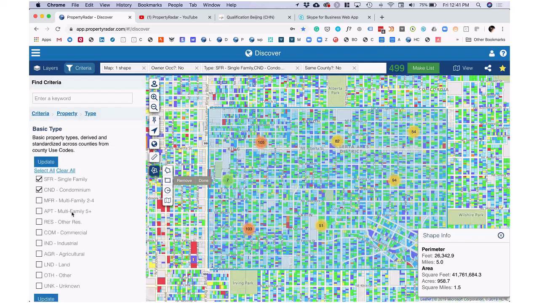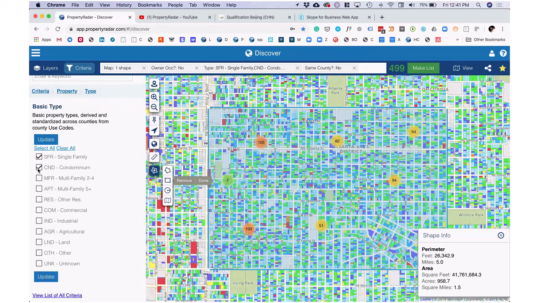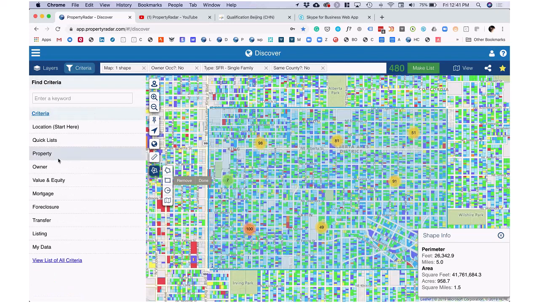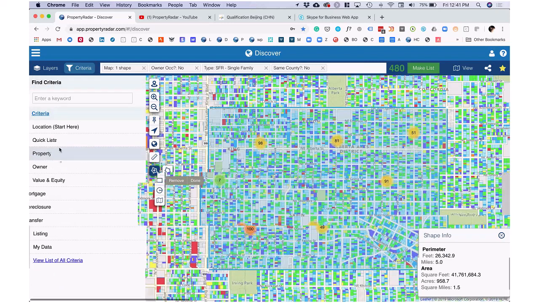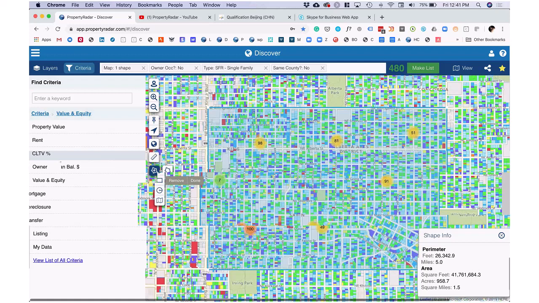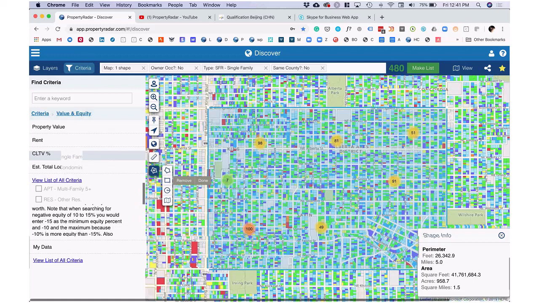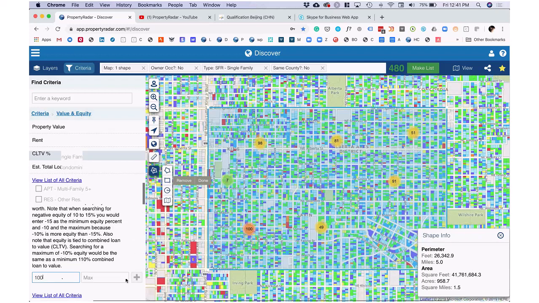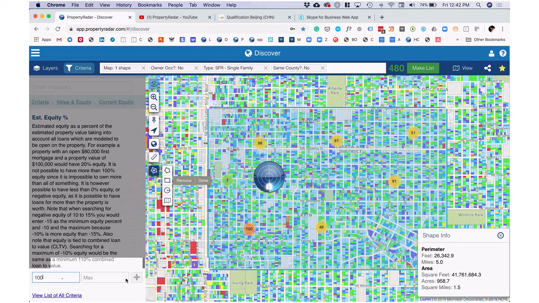Often it's just you chasing basic types. So if I don't even want condos, I want SFRs, get rid of that, and that dropped it down to 480. And then I really want to talk to the folks whose current equity is free and clear, right? So I want to go to 100% and add that criteria in, and that just dropped it to 130 folks in that area.